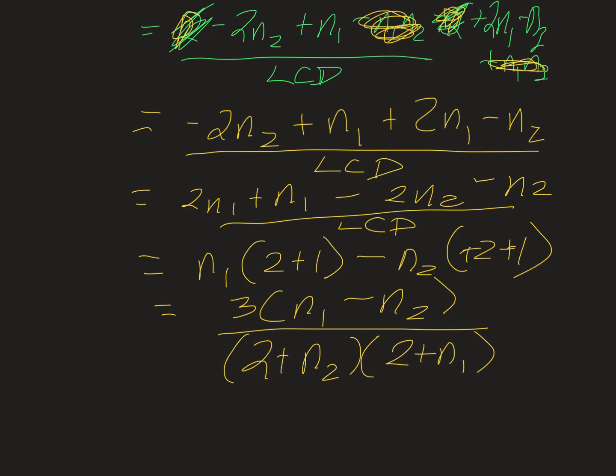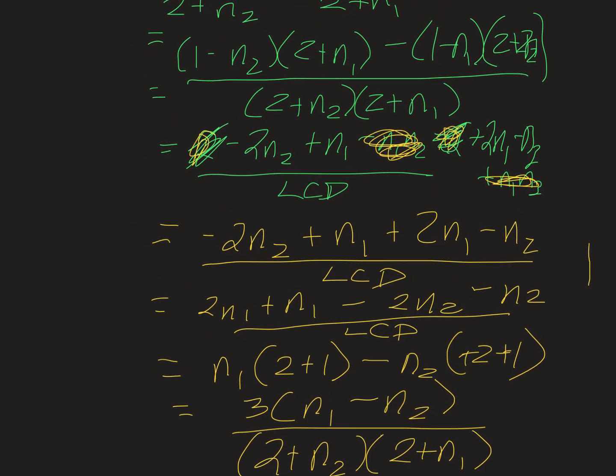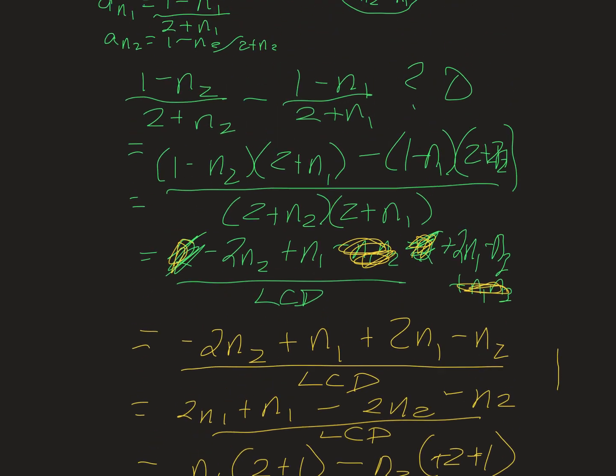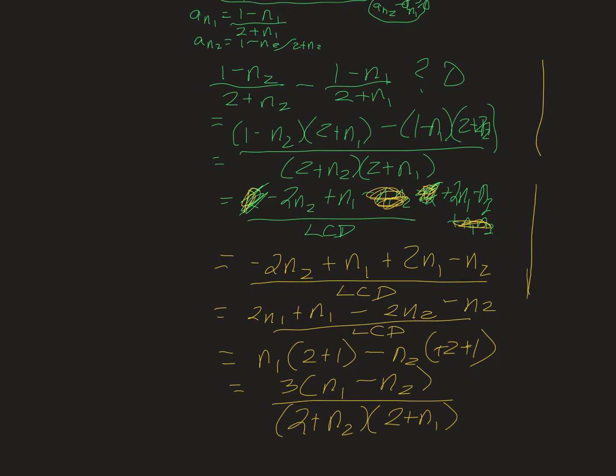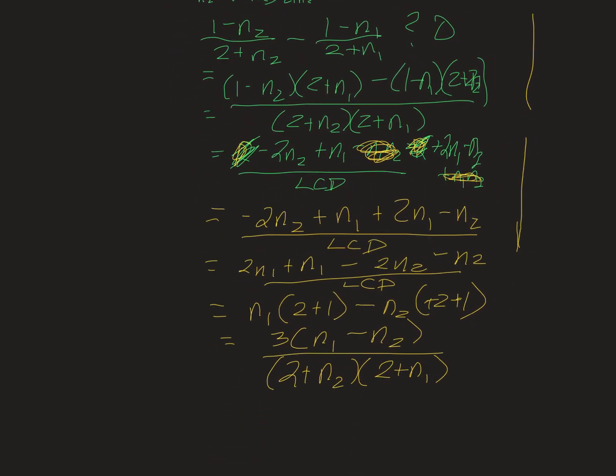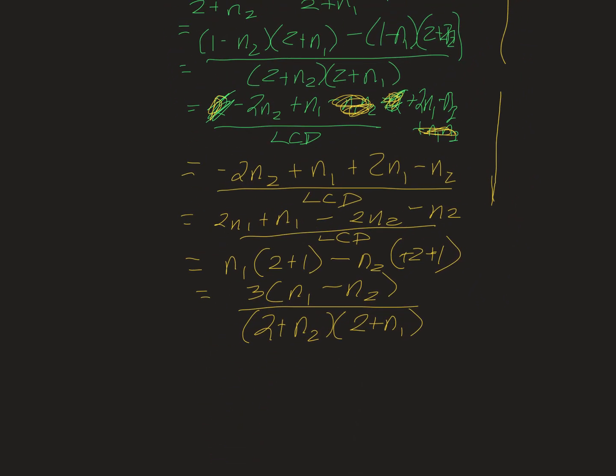Okay. So now let's look at this. All right. Is this going to be greater than 0 or not? If it's increasing, it should show us n2. Hopefully I didn't make a negative sign mistake, which could have happened. For increasing. So